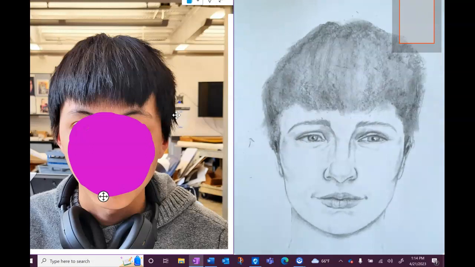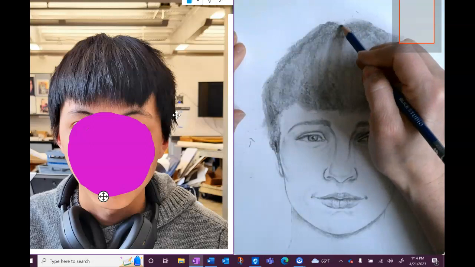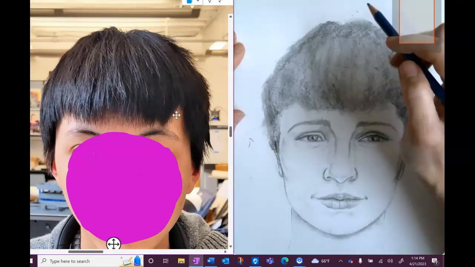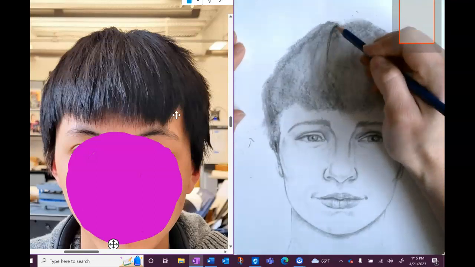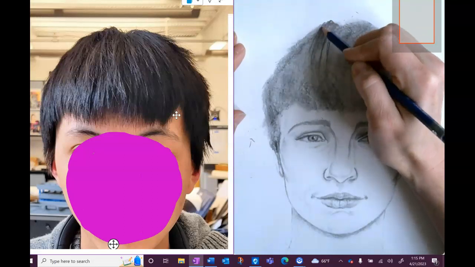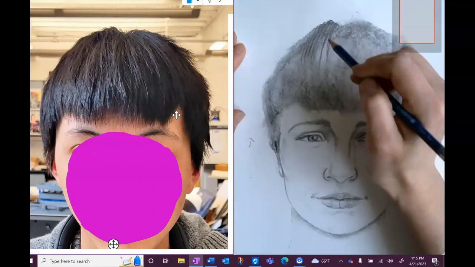And then on top of that, I'm going to go ahead and start to add in the strands. So again, we can see the direction the hair is growing. It might be coming right out at you. And I'm going to focus on adding this texture in the areas where I want it to be darker. So around the top,